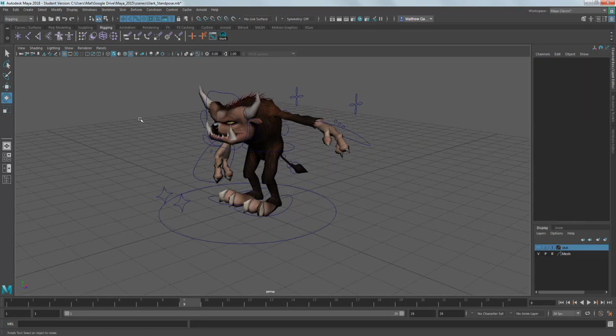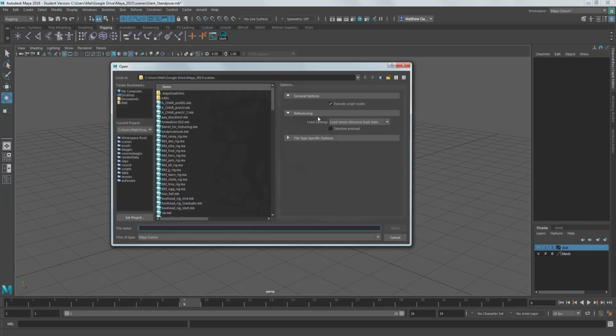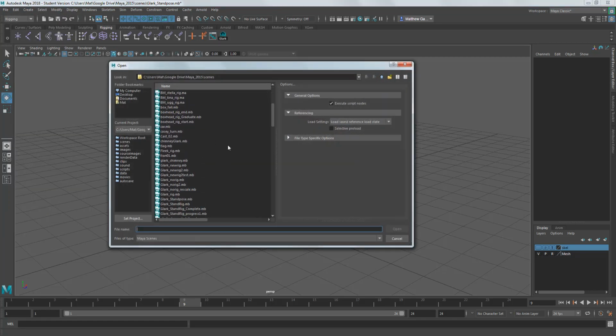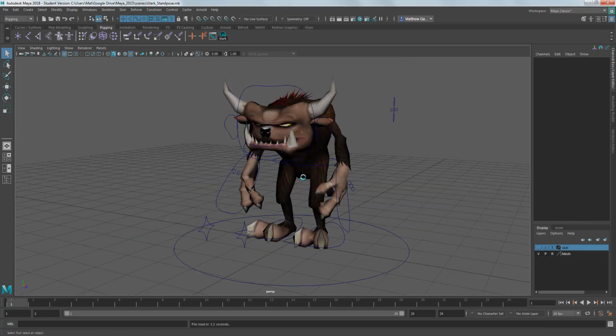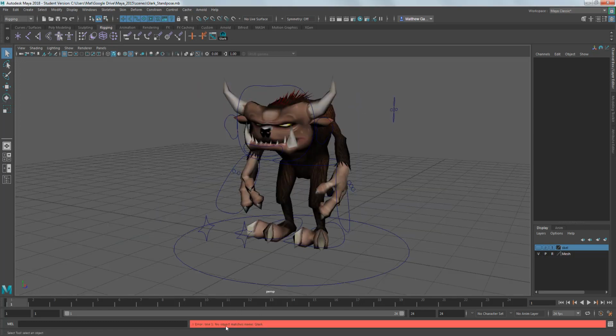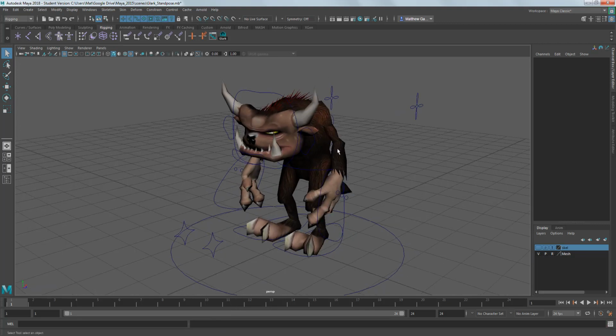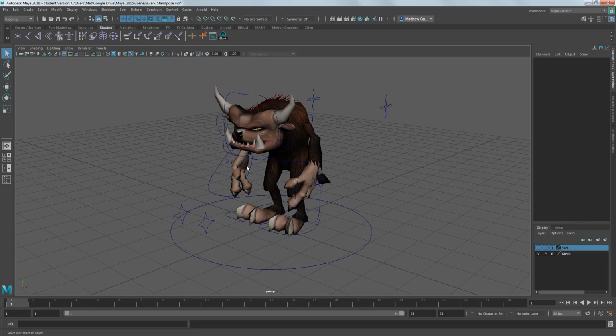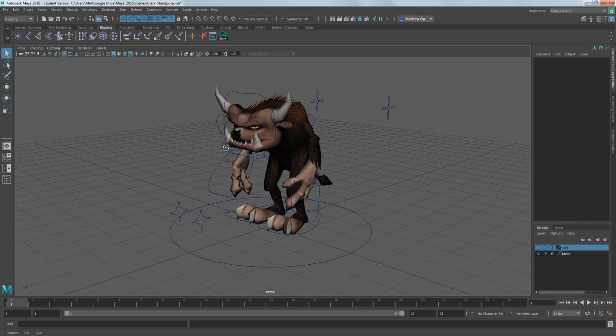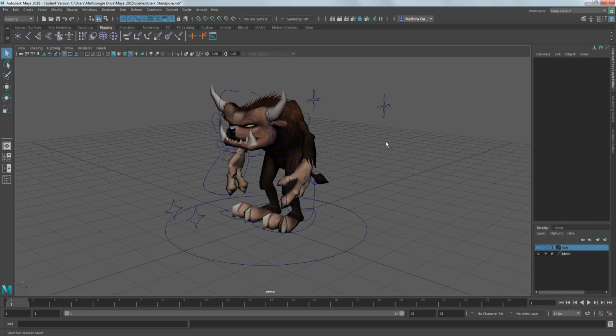The problem with that is when I reload the model, if I go open scene and I reload my Glark stand pose here, I don't think it will work. Yeah, look at errors, it doesn't work. So you can do that on a file load Maya session basis kind of thing, but it's a bit rubbish because obviously every time you load up the Glark or your animated character, you've got to redo that. So look, I'm going to delete that icon here, and I'll show you a better way of doing it